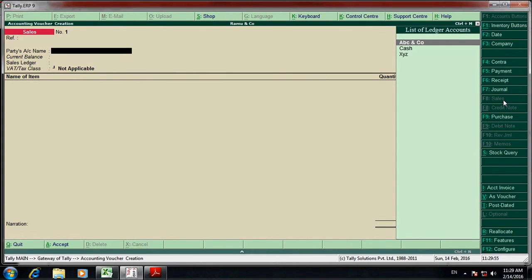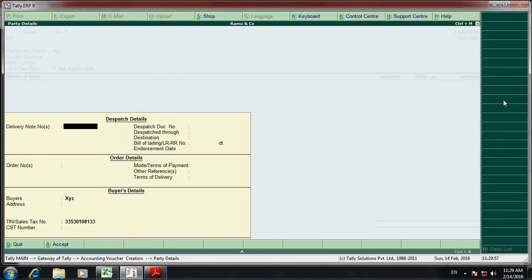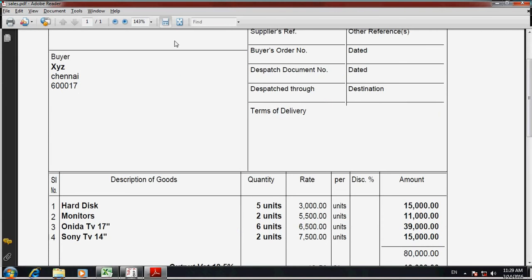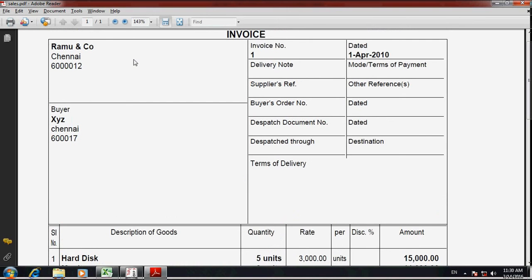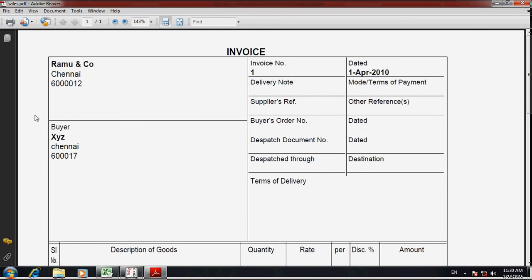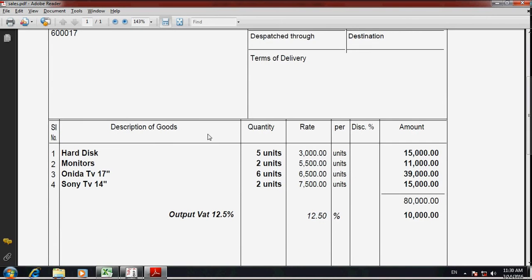Here enter XYZ. For XYZ you are selling the goods. See, buyer is XYZ, Rama & Co. We are the company. We are billing to this person.